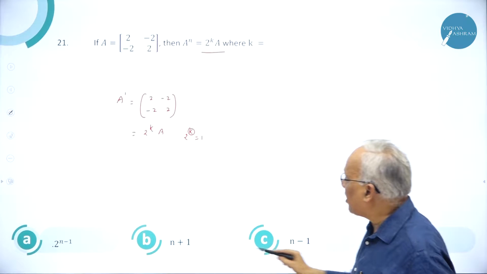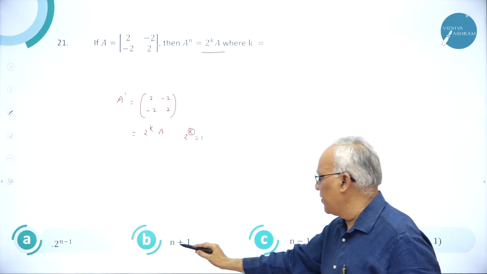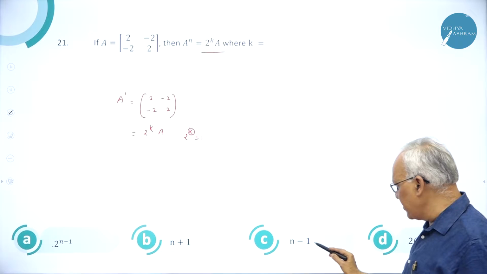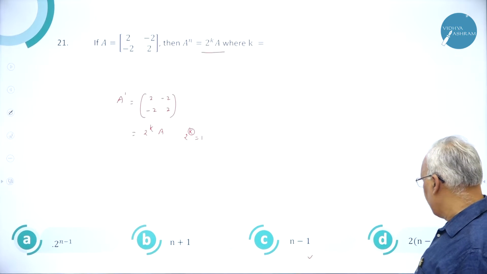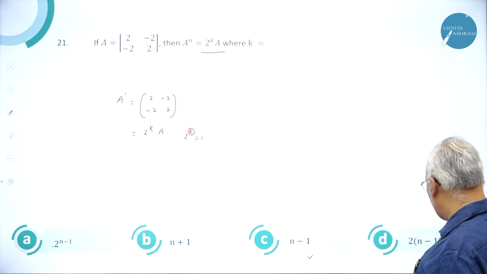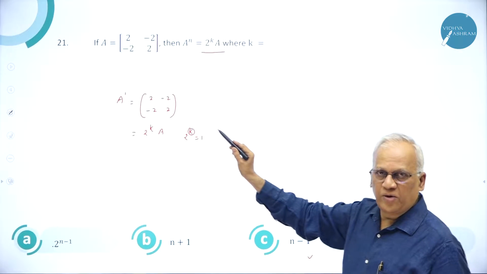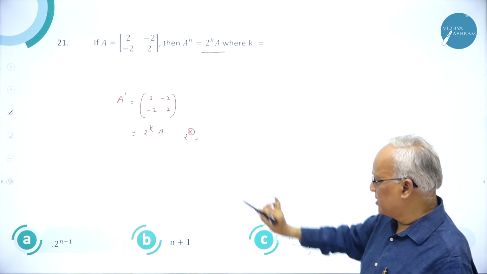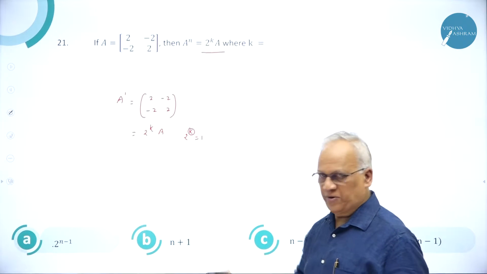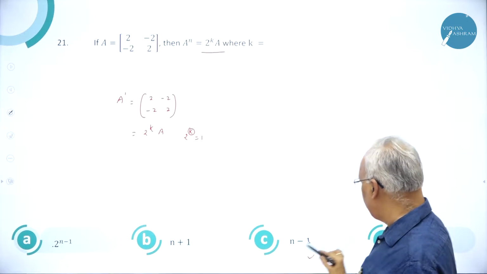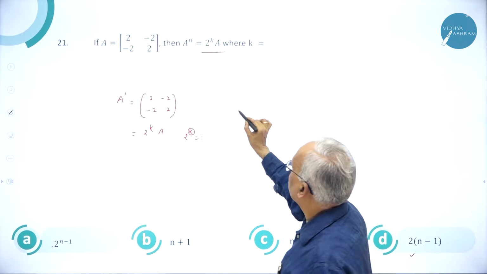So these are all values of k, you must know. k is 1 plus 1, no. 1 minus 1, 0. This is possible. And here also if you put n equal to 1, 1 minus 1, 0, this is also possible. So in one value n equal to 1, you can't just select the answer, but these two are ruled out. A and B ruled out. C or D. Now I consider a squared.